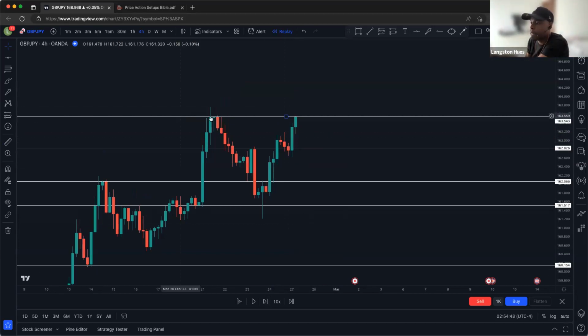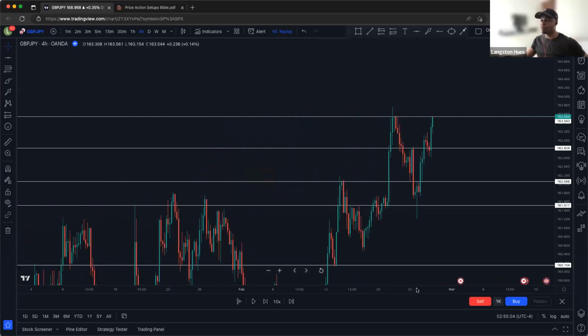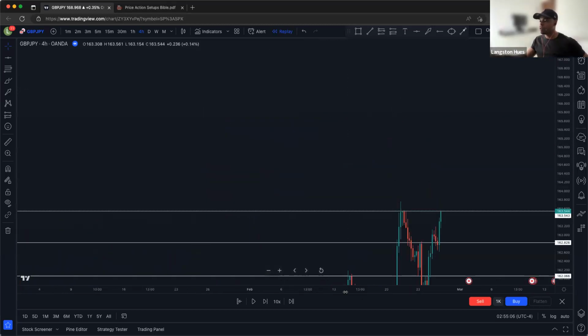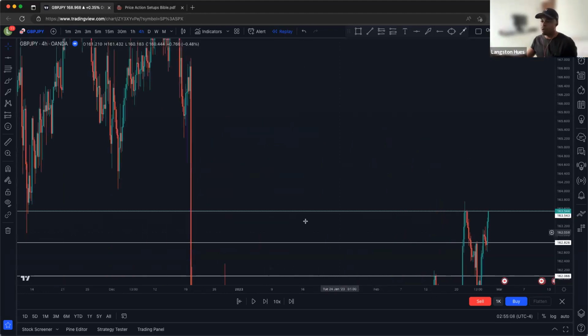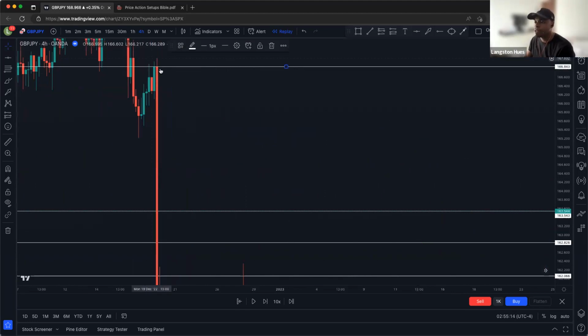Now it came back up to fill that whole move down. If price breaks above here, where's our next resistance? Any idea? Jamar, what do we have to do to find our next resistance? Look to the left. We have to look to the left. That's what we do, we're people that look to the left. So where is it? Oh wow, clean traffic. Look at that. If price could break and close above, we got a potential drive all the way up to here with a minor key level right here.